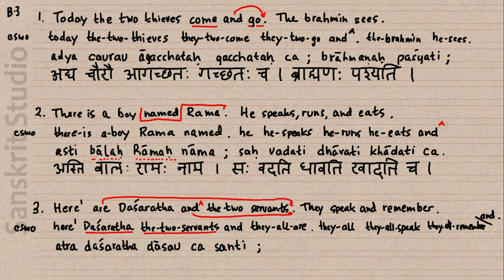So they all. But here I have not been clear enough. I should have written they all masculine. I have to change that in my manuscript as well. And they all speak and they all remember, that's no problem there, but they all am, because we have three different pronouns. If they were feminine, we would have written something else, and if they were to be neuter, it would be yet another Sanskrit word for that. So we have to know it's a masculine grammatical gender there,